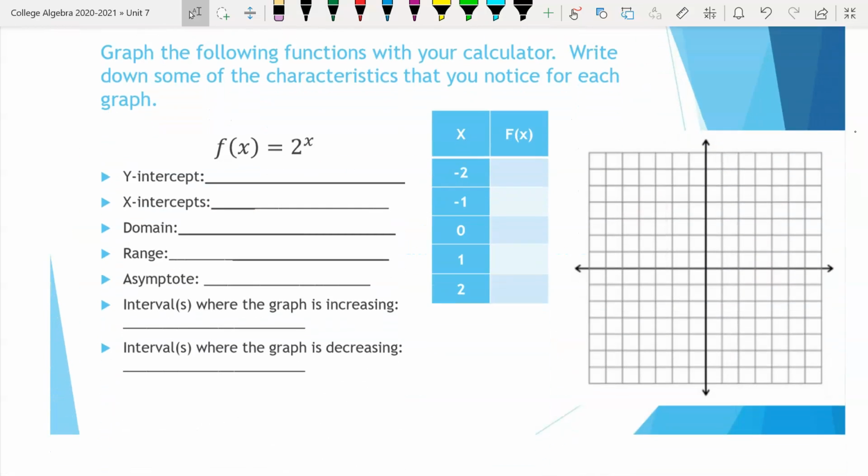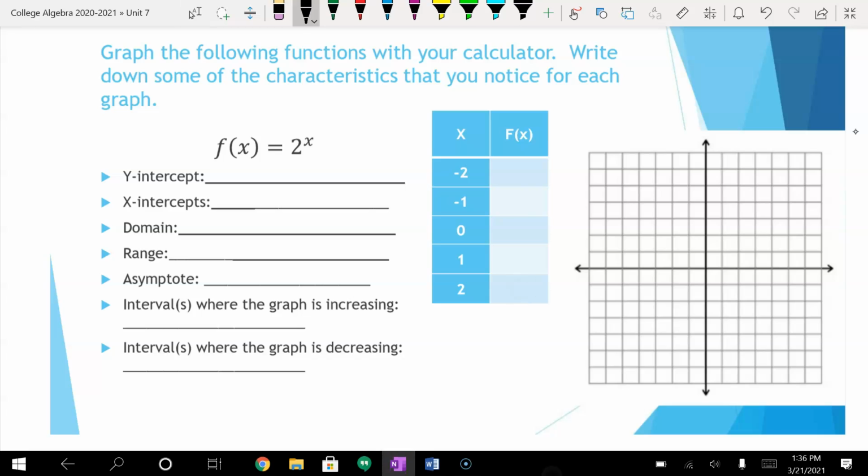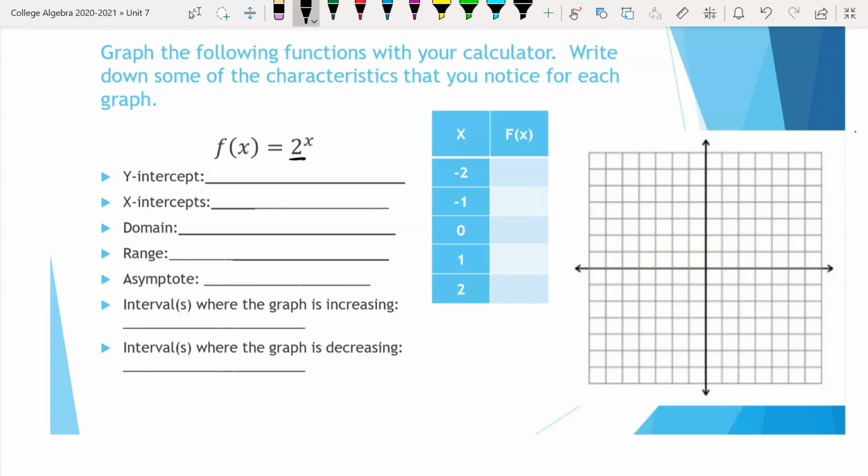So the first one says graph the following functions with your calculator. Write down some of the characteristics that you notice for each graph. Instead of a calculator, we're actually just going to do it using the chart over here. Now notice the base is 2, which is greater than 1, so this should be a growth, so it should be going up. All right, so if I did 2 to the negative second power,